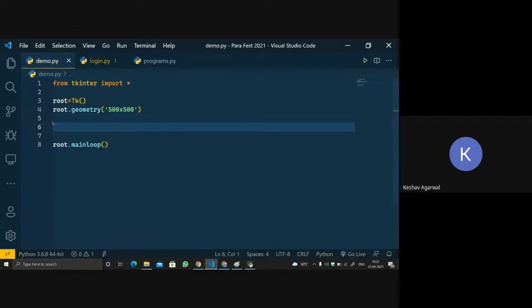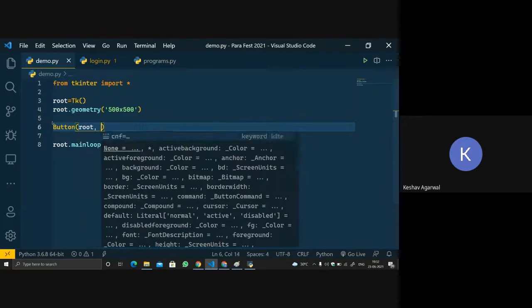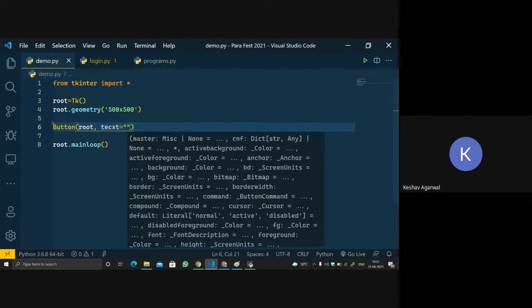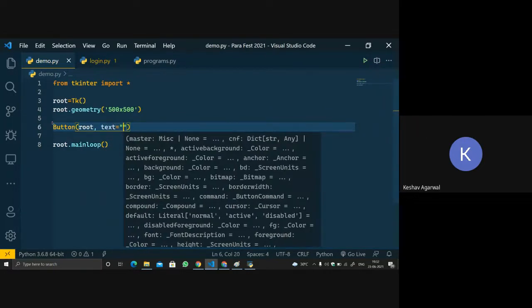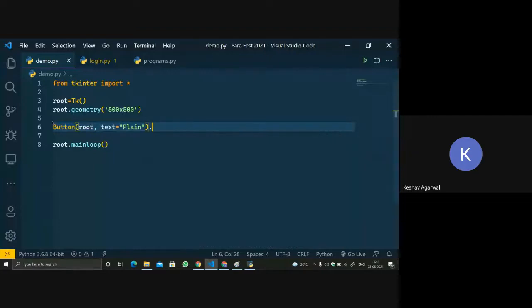Let's say we are adding a button, placing it inside root, and the text is equal to plain. We will not be giving anything over here, and we will just pack.